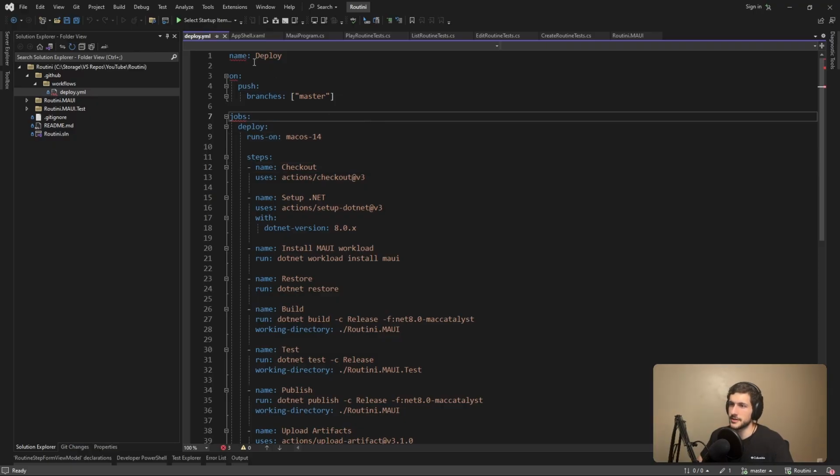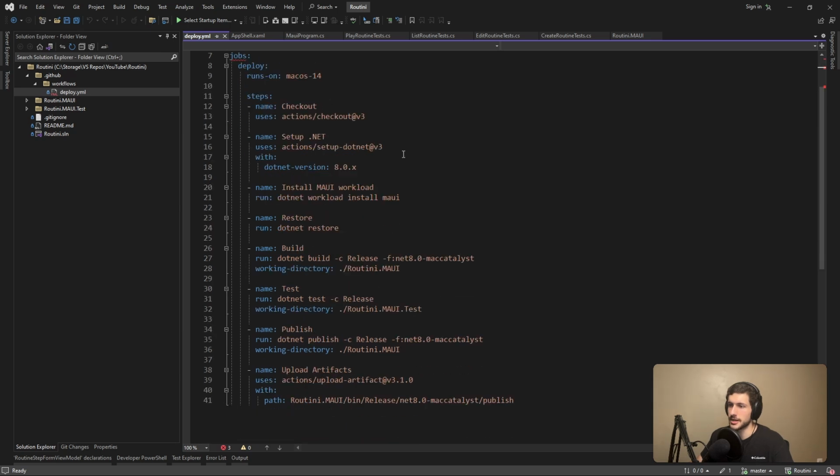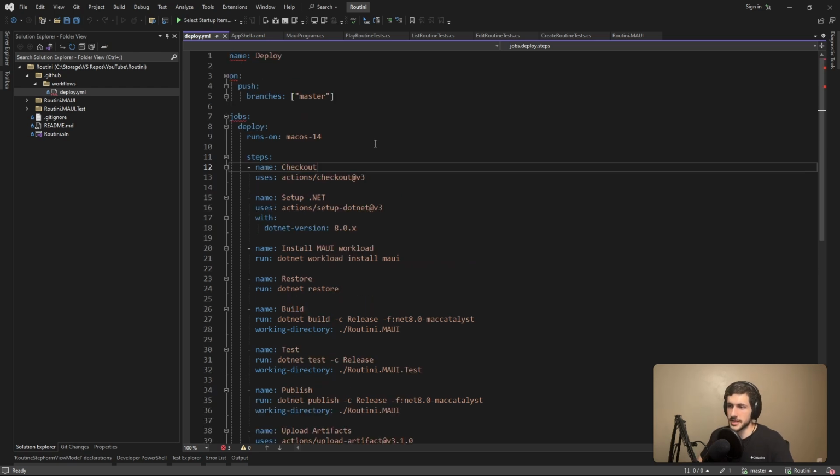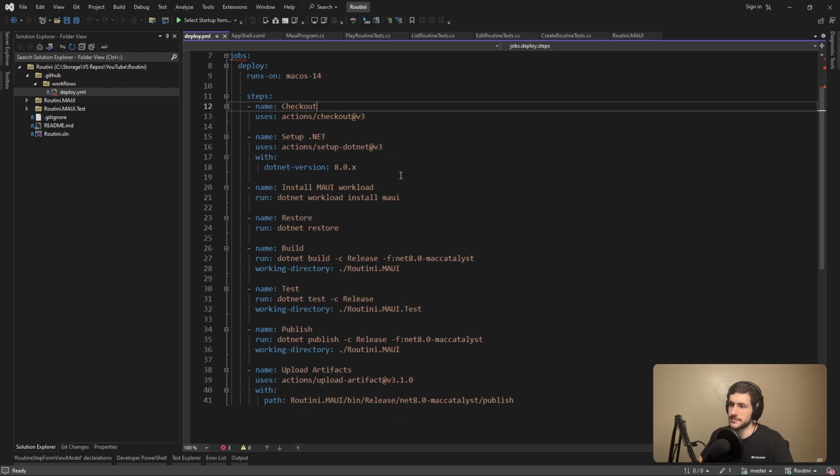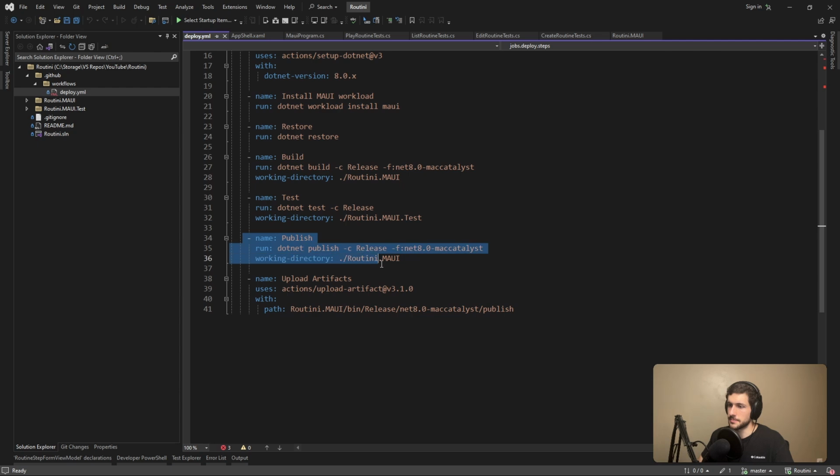So I created a deploy workflow with GitHub Actions. I have a whole series on CI/CD topics with .NET MAUI, and that series covers more advanced things like automatic versioning and automatic updates and creating GitHub releases. But for this example, I kept it pretty simple. So we just have this deploy workflow here that does a plain old .NET publish and it uploads it as a build artifact. So not getting into creating GitHub releases or doing auto updates, but I feel like this was